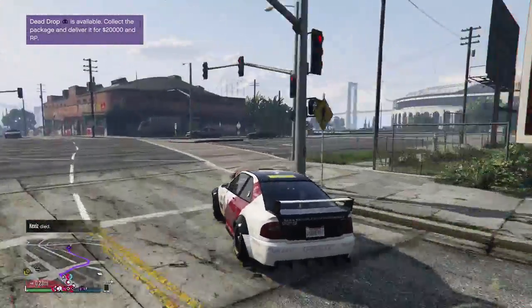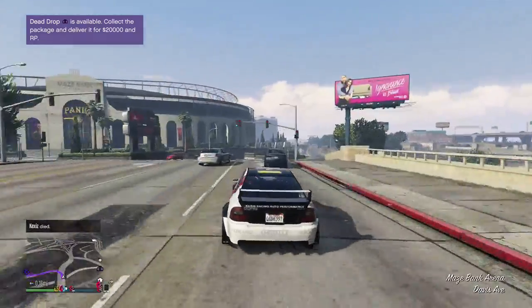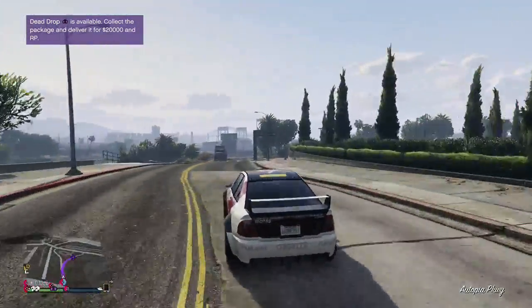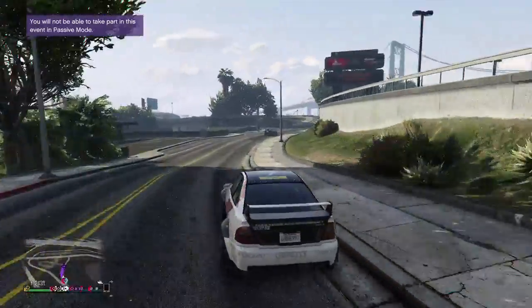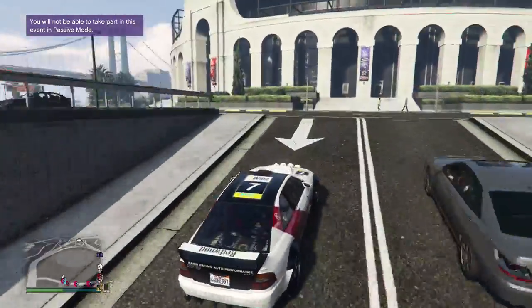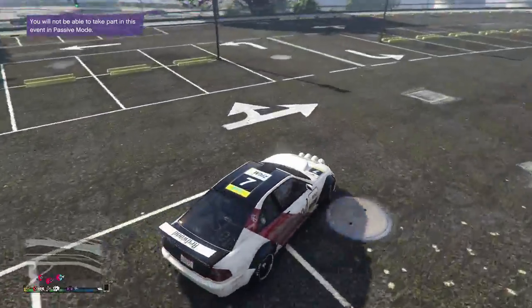So this is the Redwood Rally Racer. I like the look. Alright, so let's do this. We're going to meet in the parking lot. Same rules apply as last time. So what's going to happen is you're going to choose a parking spot. And what you're going to do is you're going to park the vehicle in a parking spot and you're going